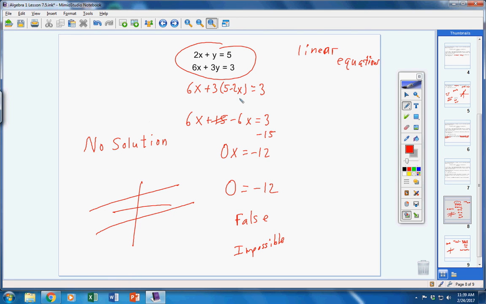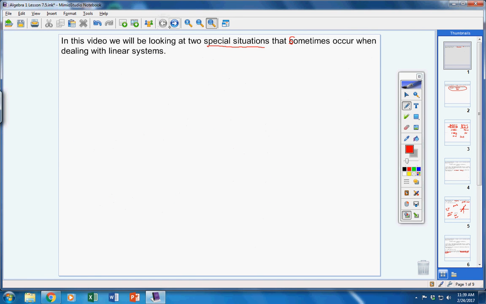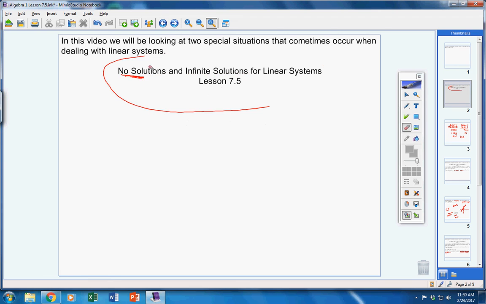Okay? So, I hope this has made sense. What we have learned today is we looked at two special situations, okay? We have looked at when your linear systems have no solution and when they have infinite solutions. Alright, I hope this has made sense. If you have any questions at all, don't hesitate